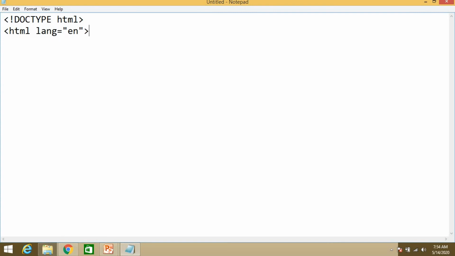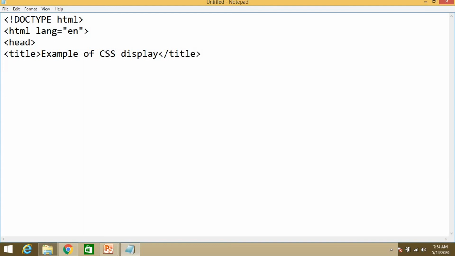If you want, you can omit it and only html will also do. So head, title, example of CSS display. So this is the display property. Close the title tag.